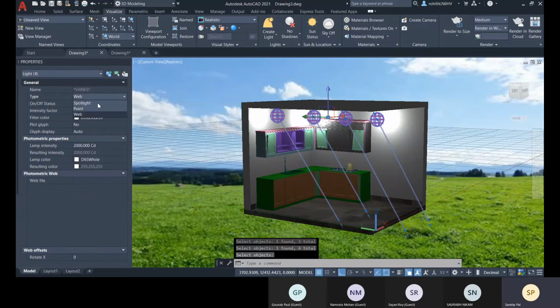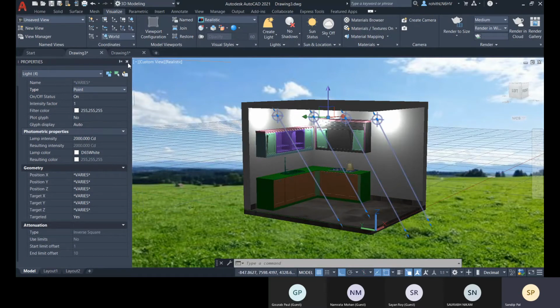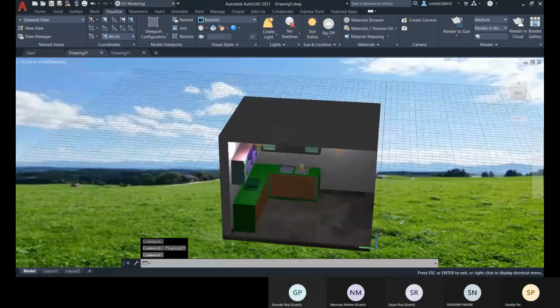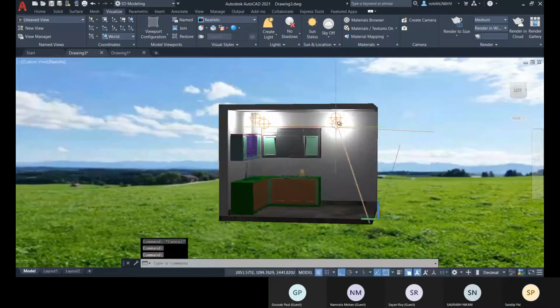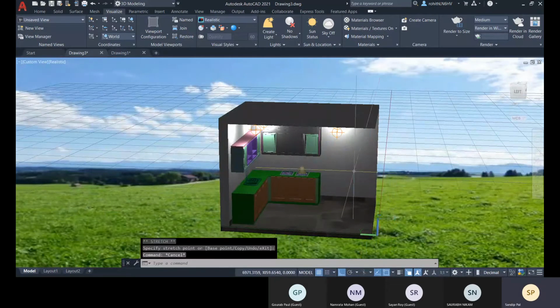Let me change the type to point light. Take that light and I'll change the direction for this.